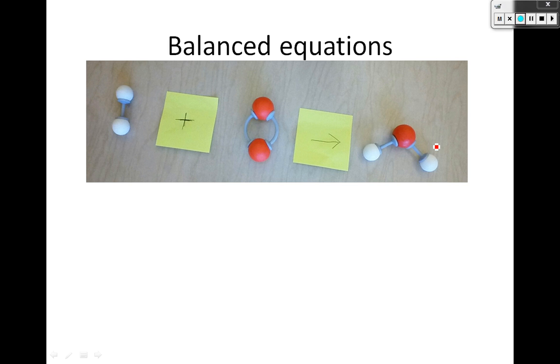And I like to think of this as our general equation here. So this is like saying, in order to make cookies, you take some eggs, you take some flour, you take some sugar, you take some chocolate chips, you take some oil, and that's how you make cookies. And that's great, but it doesn't tell you anything about the amounts, right? How many eggs do I need? How much sugar do I need? And so, in order to know that, you need amounts. So, in order to balance this, you would need to know the amounts that you need in,